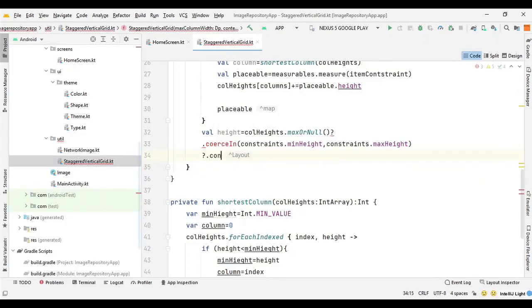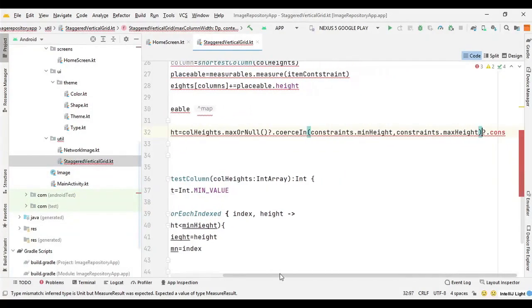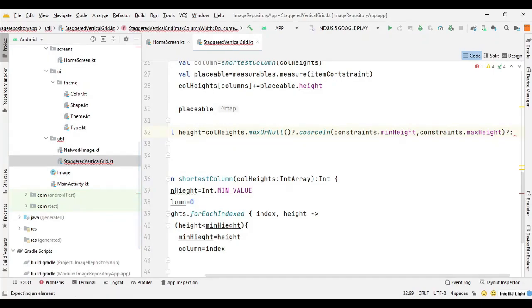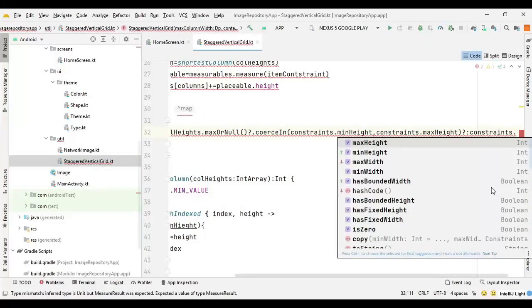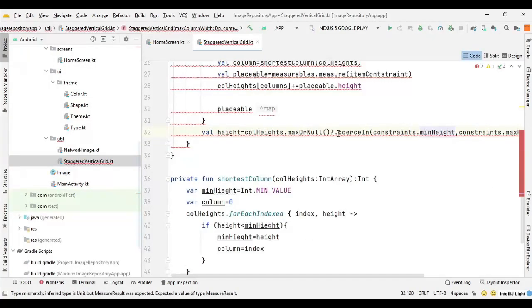Why is it not taking? Maybe I should put all of them in one line and see what happens. So here I can say question mark colon constant dot min height. It's too big anyway for one line.